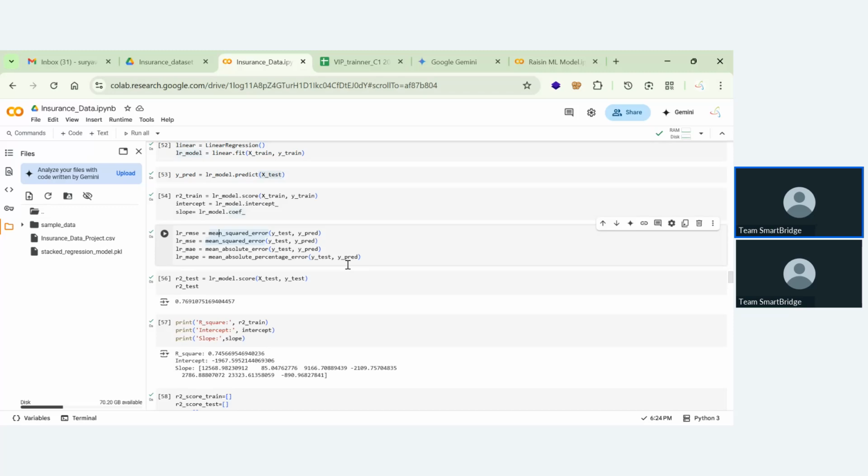So coming to the last thing, MAPE, that is mean absolute percentage error. This expresses the error as a percentage of the actual value. For each actual value that you're having, there will be an error. So how much of an actual value has error, that we'll be seeing here. So we print out all the things, and after that,